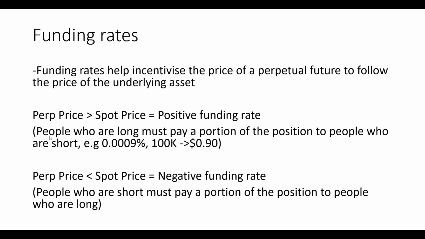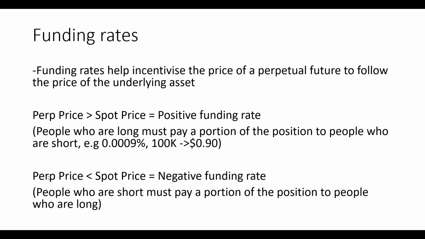When that occurs, people who are long the perpetual future must pay a portion of their position to people who are short. In this example, let's say the hourly funding rate is 0.009% and you have a 100k long position on an ETH perp. Well, then every hour you'd pay 90 cents, and that 90 cents would go to someone who's short the Ethereum